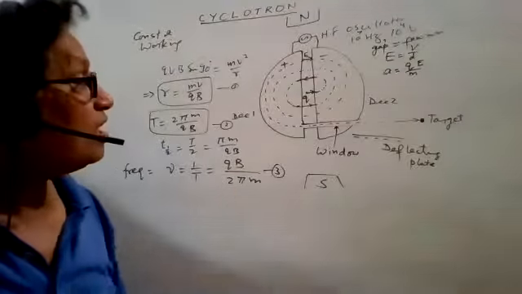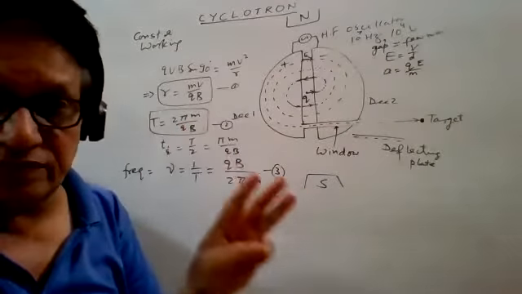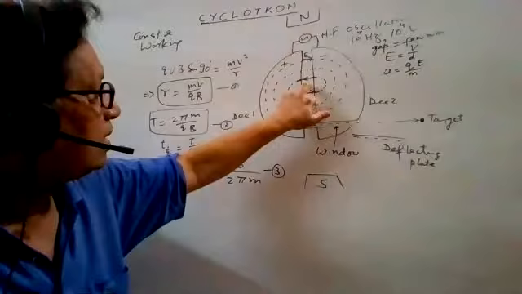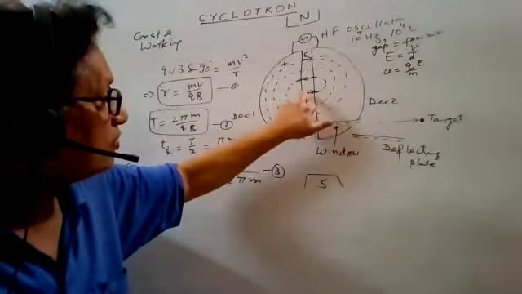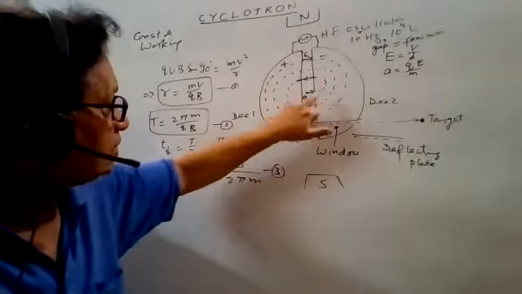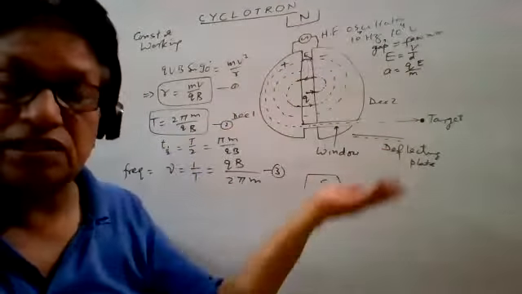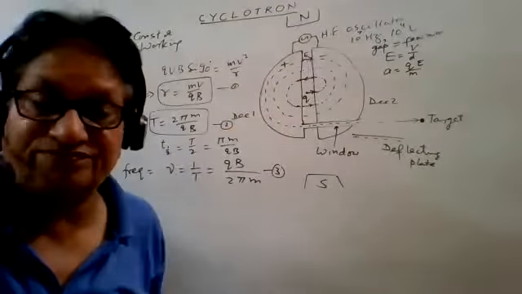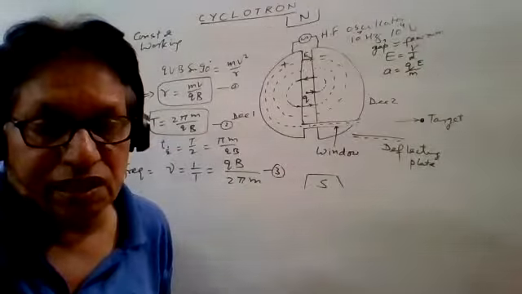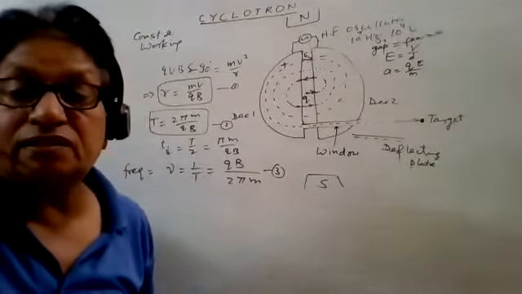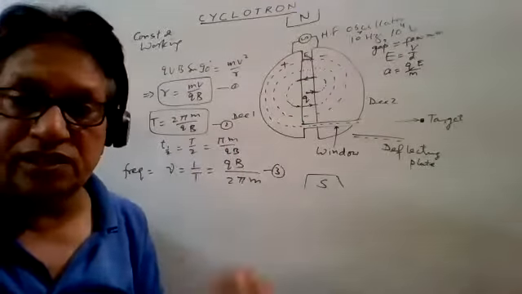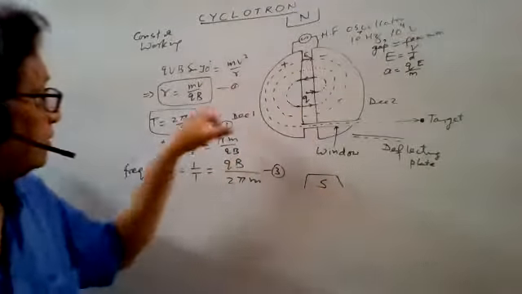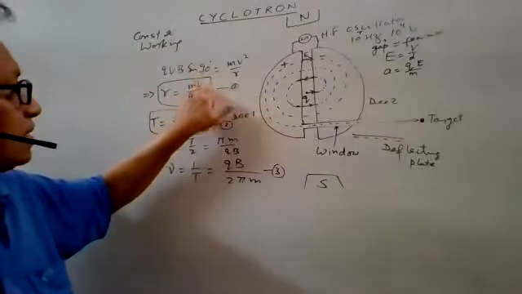It means there are 3 ways here: by increasing the energy with the electrical field again and again with the help of the magnetic field. At the same time, the design is like this, radius increases every time. So speed increases without doing anything. So the electrical field is responsible only to increase the kinetic energy with the help of the magnetic field. At the same time, the design also helps to increase the kinetic energy without any cost. Radius increases, so velocity increases, which means speed and kinetic energy increase.